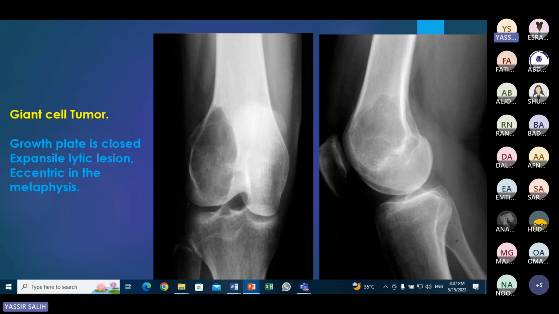We talked about it in MSK: a focal reduction in bone density is called a lytic area or lytic lesion. So there is an expansile lytic lesion,